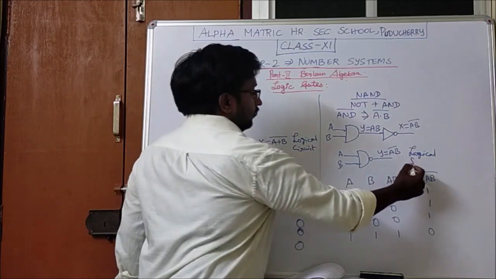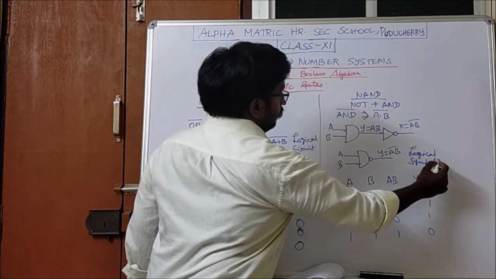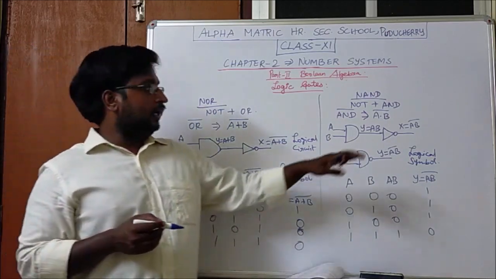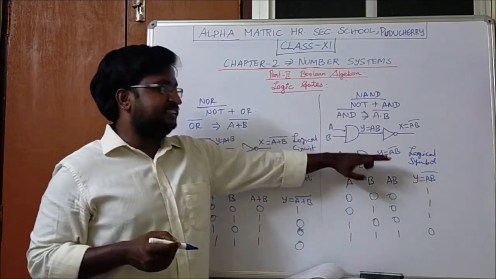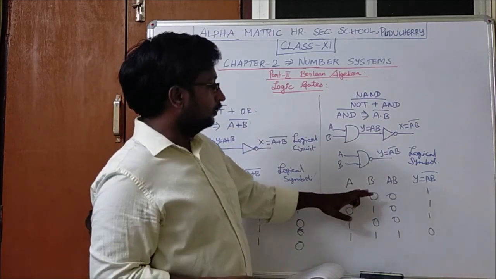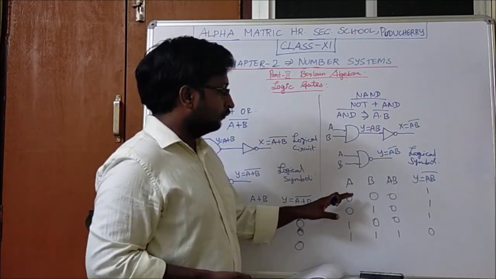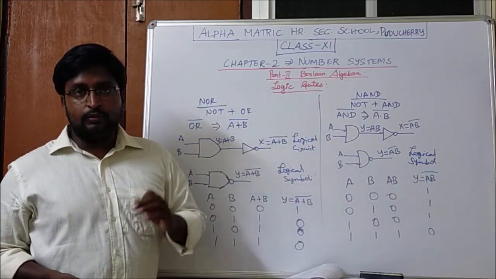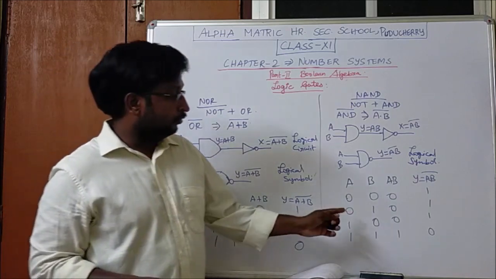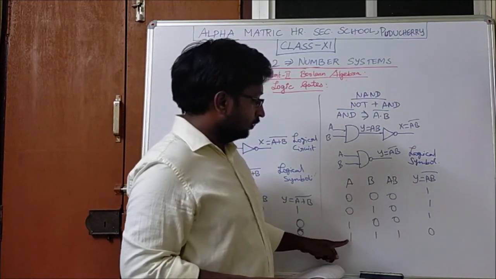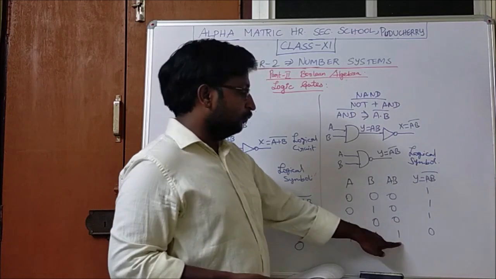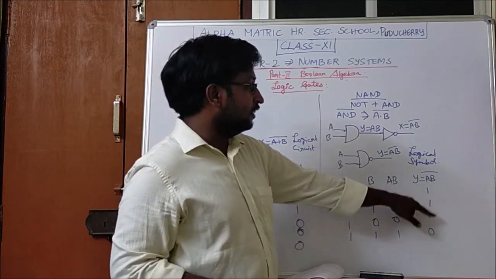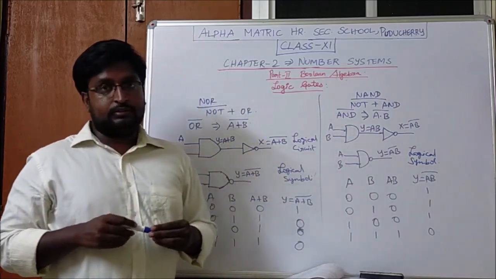Till the first three basic gates you won't have the logical circuit, whereas in the upcoming gates you will have the logical circuit as well as the logical symbol. So here the truth table is similar to the AND operator: all the inputs must be true, then only the output will be true for AND. So in this scenario only the result will be true because these two are true. The inverse of these is the NAND result.